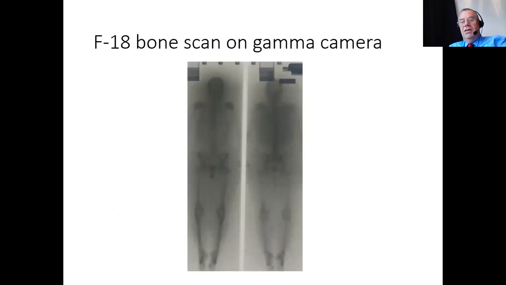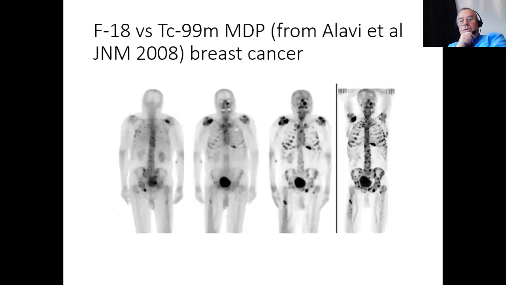This image was taken around about 1963. And you can see sort of a skeleton, but there's a lot of scatter from the high energy photons. This is much more recently. This is from Penn State University, from Abass Alavi's lab, and he's done a whole pile of studies looking at